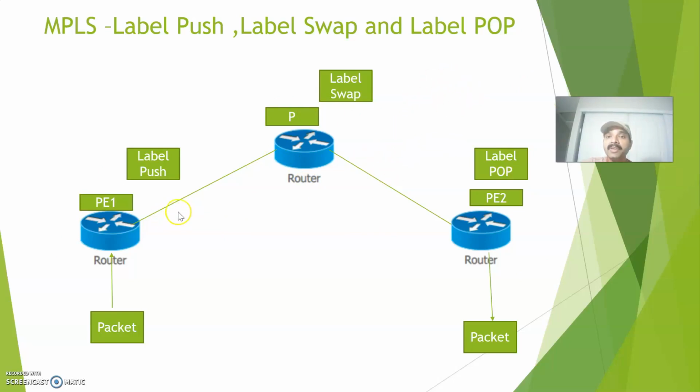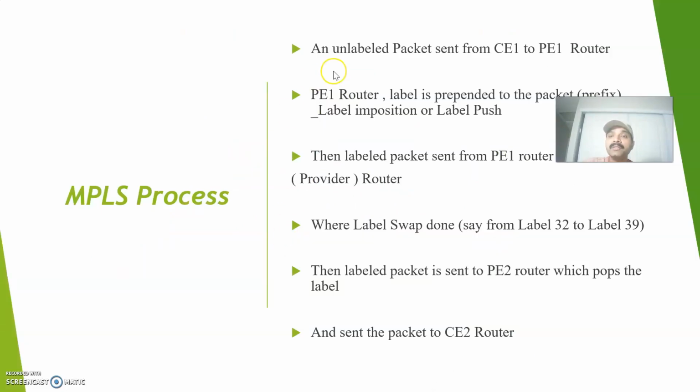Using this LIB, it will build the LFIB. If you do a show MPLS forwarding table, you can see all the label information and the corresponding prefix information. Based on that information, it will forward the packet based on the label. So the LFIB is used for the forwarding plane. These are the key points you have to keep in mind about MPLS. In overview, it works on the principle of CEF, Cisco Express Forwarding.